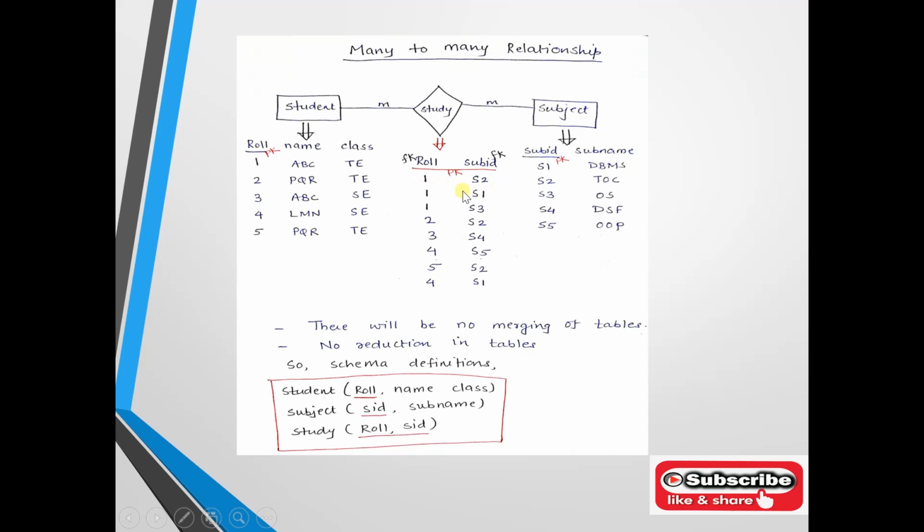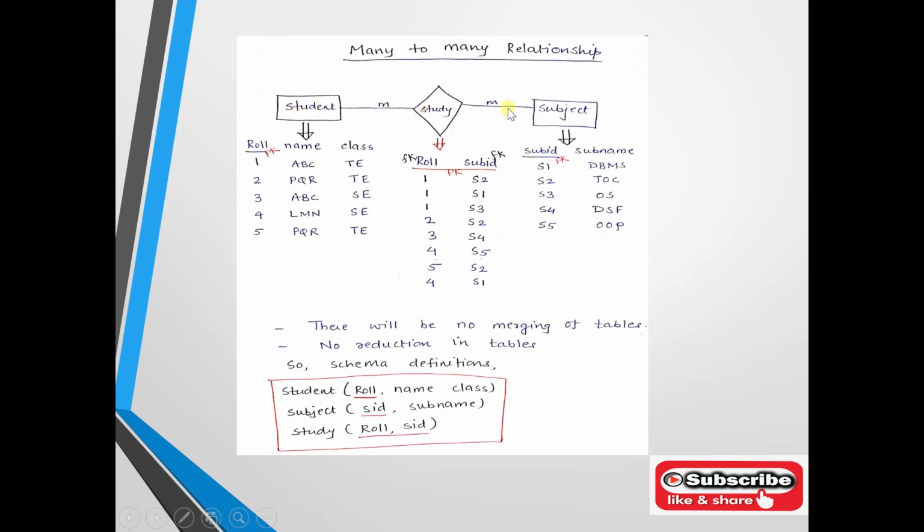So the 1 S2 record will not repeat again, because we are talking about a composite primary key, and the whole is identifying the record uniquely. My 1 S2 will not come again. My 1 S1 will not come again. My 2 S2 will not come again in this table. Though 1 is repeating multiple times, and S1, S2 are repeating multiple times, the whole is acting as a primary key. So here you can see we are showing a many to many relationship. Many students are learning many subjects, right?